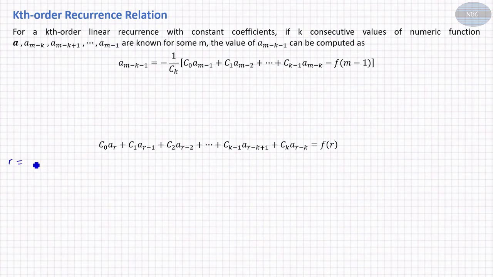So the relation becomes c0 a_{m-1} plus c1 a_{m-1-1}, that is a_{m-2}, plus c2 a_{m-3} plus